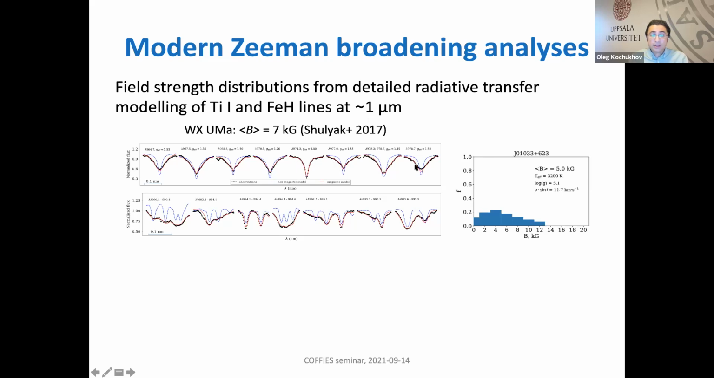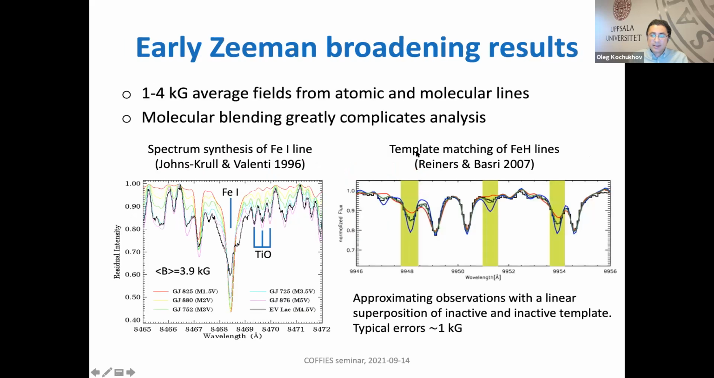So this plot is similar to what was shown before. The observations are in black. The dashed line corresponds to non-magnetic spectrum, and the solid red line corresponds to the theoretical spectrum, including magnetic field. In addition, near to these titanium lines, there is iron hydride lines,